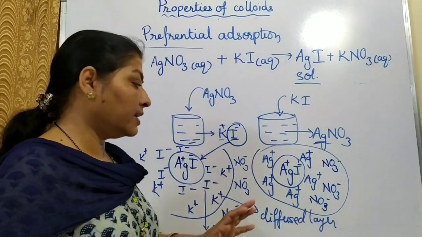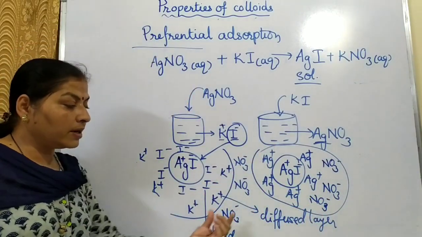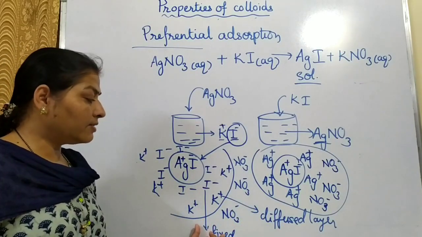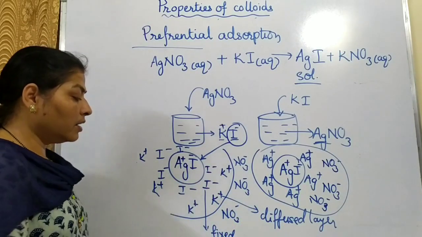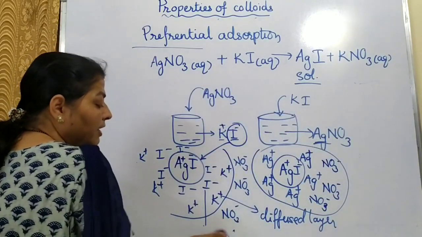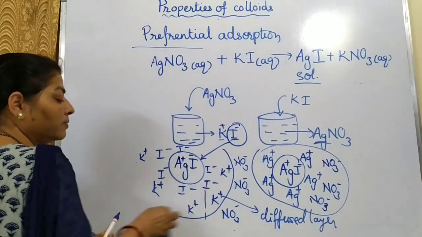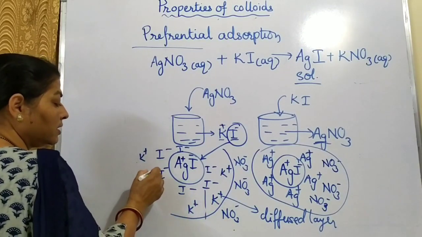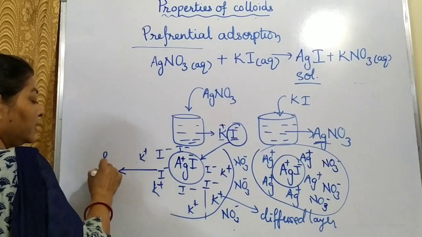So you can make this correction. Okay, so understood what is a diffuse layer, what is a fixed layer, and you may not be able to see this part of the board, so I'll write it here. This layer, the first layer, is the fixed layer,